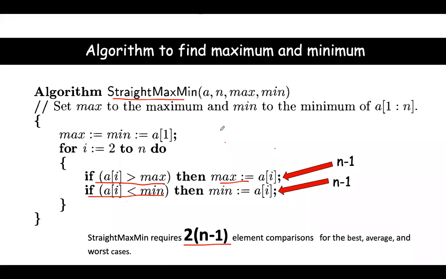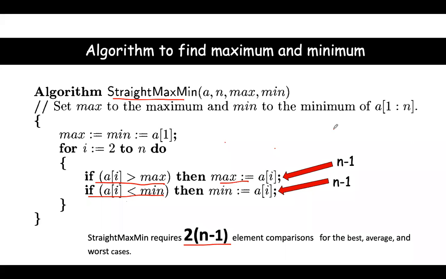See, in the exam for this particular topic, maximum and minimum, they will ask you to write these two algorithms: straight maximum minimum and recursive maximum and minimum. They may ask you to compare the performance. Because this is a very simple thing, most probably it will not be asked; binary search and this one are simple. Next we have merge sort, quick sort, and all those things will be asked in the exam. If it is asked, you can easily write these things.